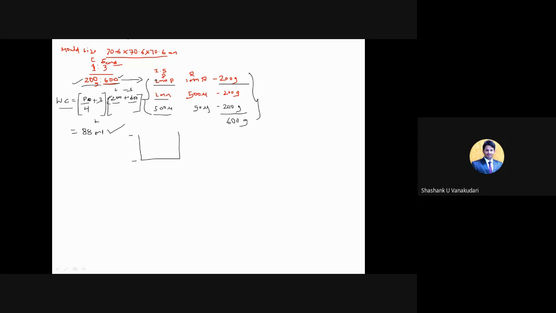The mold size is 70 by 6, 70 by 6, and then 70 by 6. Clear? Within this mold you need to place the cement and sand paste in 3 layers. Each layer is tamped 25 times, using a tamping rod of 16 mm diameter and 600 mm length. Using that, you go with 25 times of tamping.